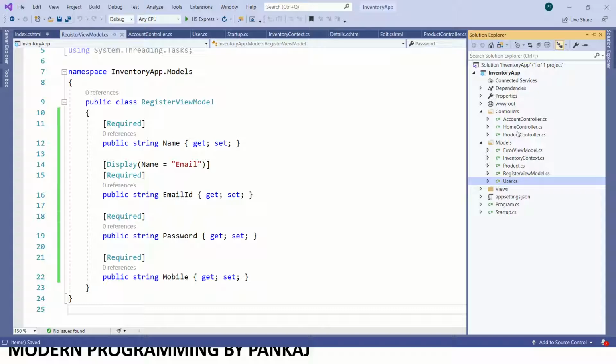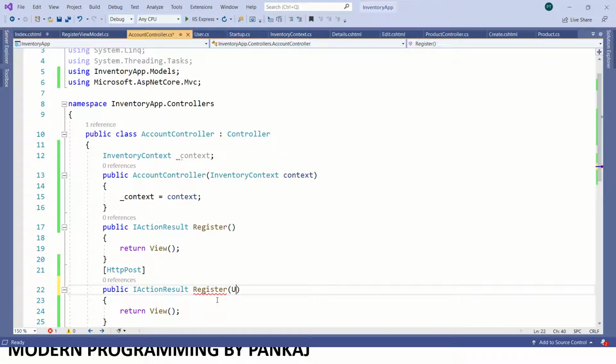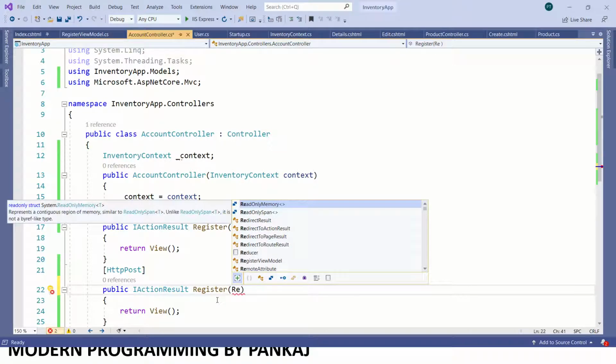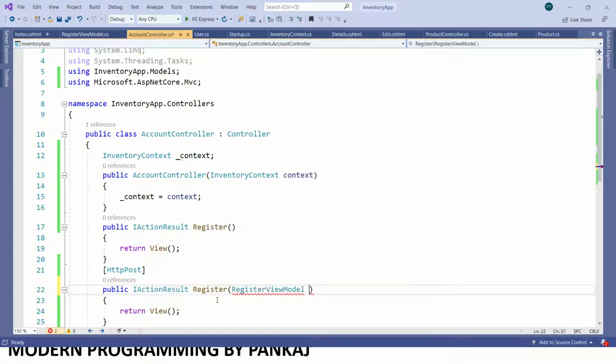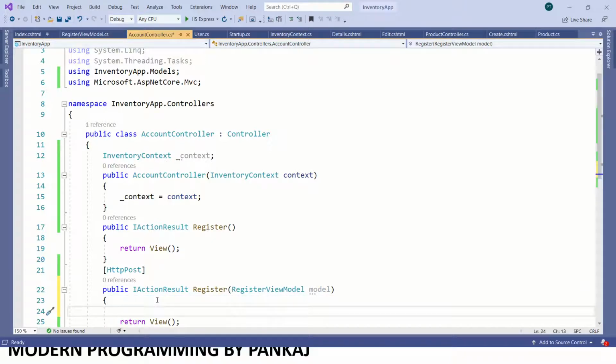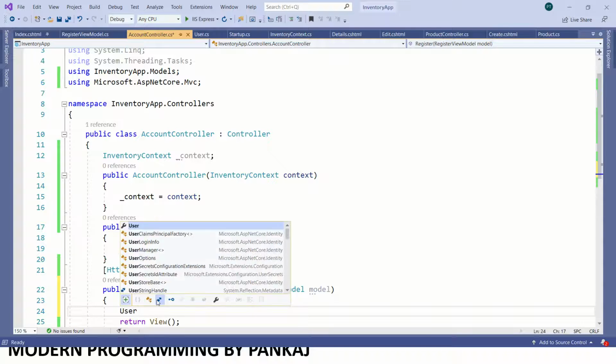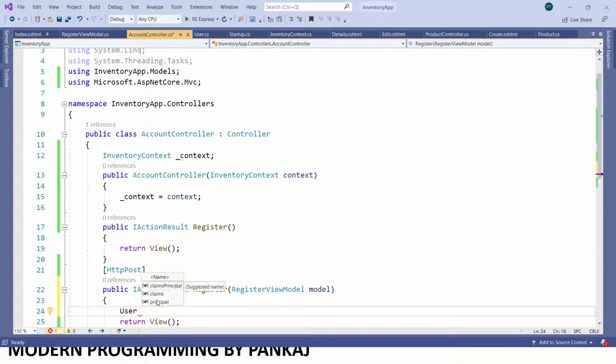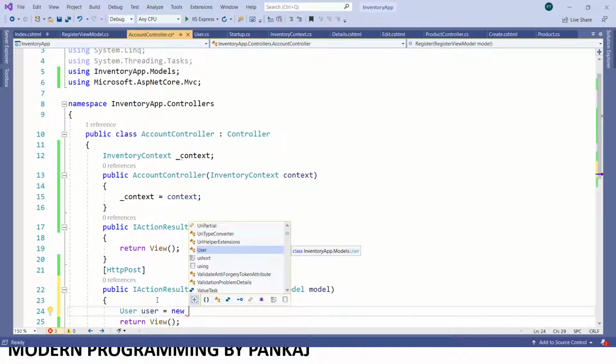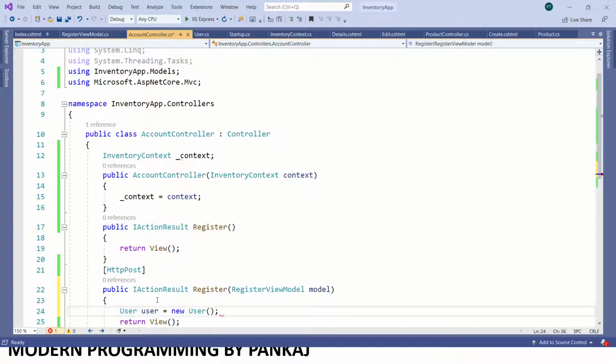What do I need to do next? I will add it here, user registration view model. See, the model is added. Now whatever object I get, first I need to create the object of the user table, and then first I need to check whether the model is valid or not.